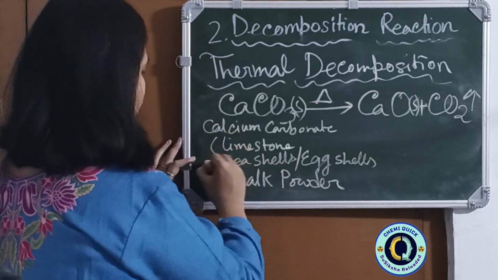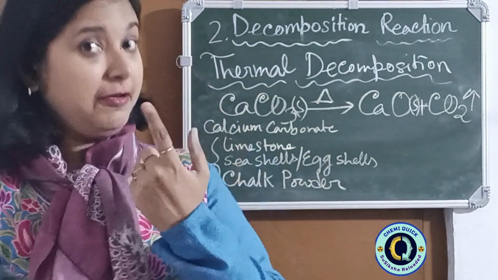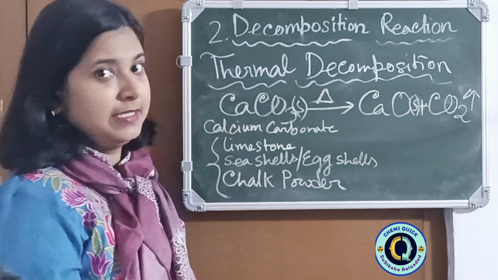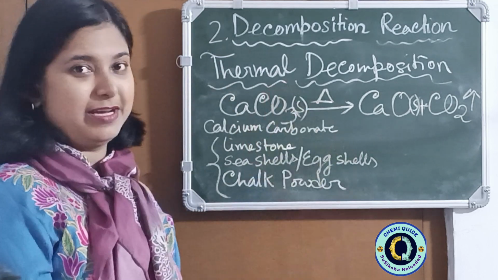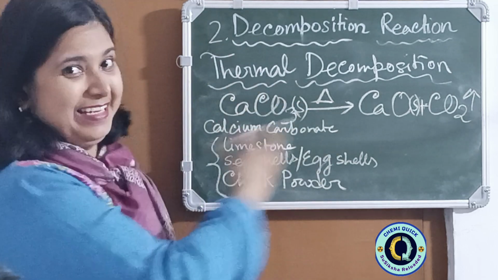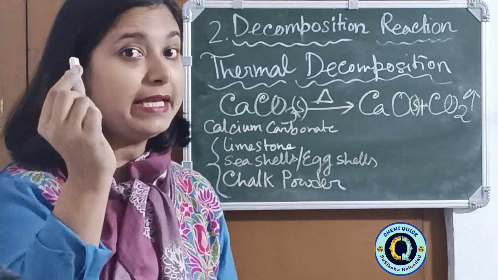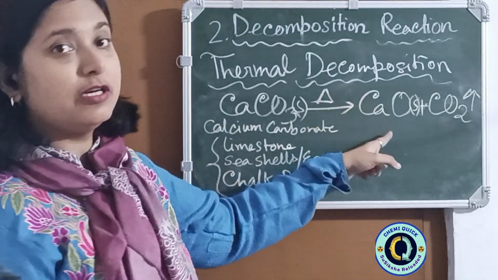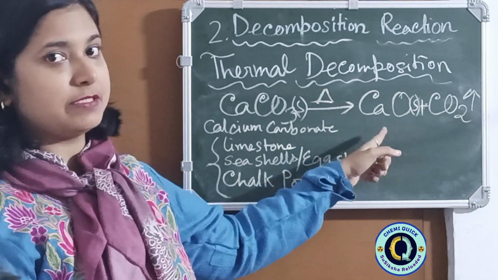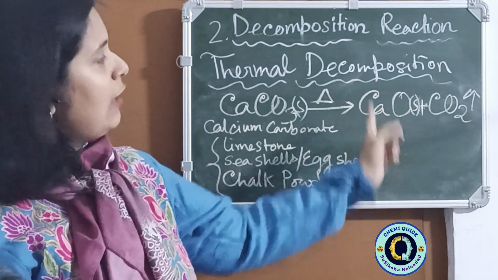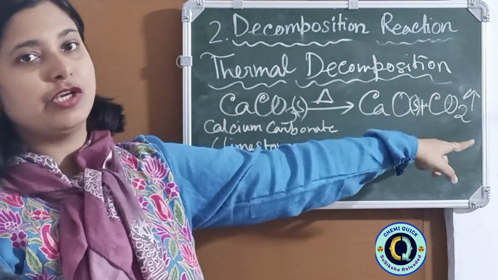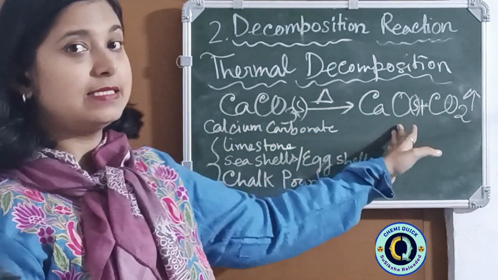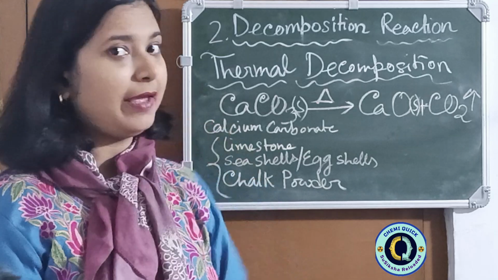So why do we need to know all these things? Because in any form it can come in the question, and we can connect how calcium carbonate is everywhere and related. So now when it is strongly heated, it converts into another white solid substance, along with the liberation of carbon dioxide gas. This is nothing but quicklime.